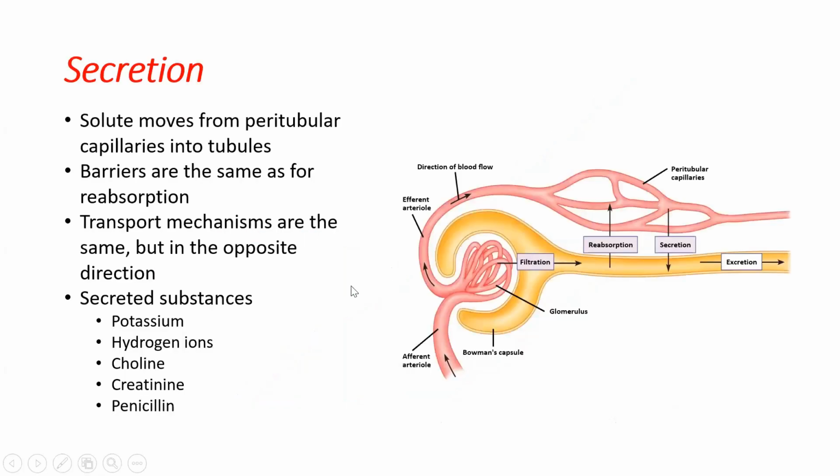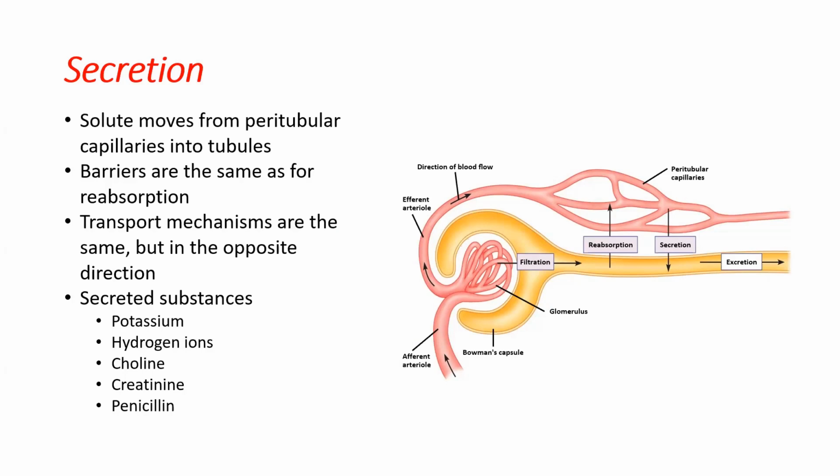Okay. Let's talk about the other processes beyond reabsorption. So secretion is also happening across the tubular structures here. Secretion is moving across the exact same barriers, the exact same structures, our epithelial cell of the tubule, our peritubular space, our endothelial cell of the peritubular capillary, but the direction of movement is going to be in the opposite direction, okay? Some of the substances that are secreted are going to be potassium, hydrogen ions, and